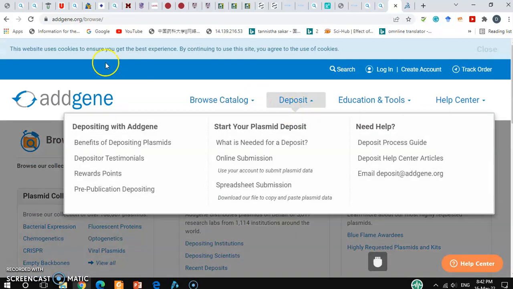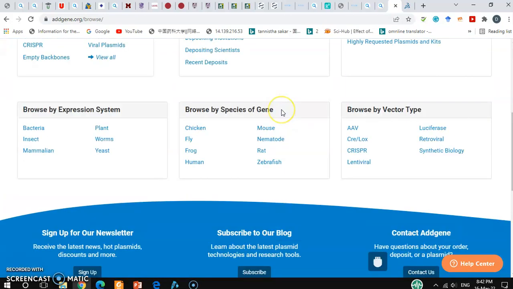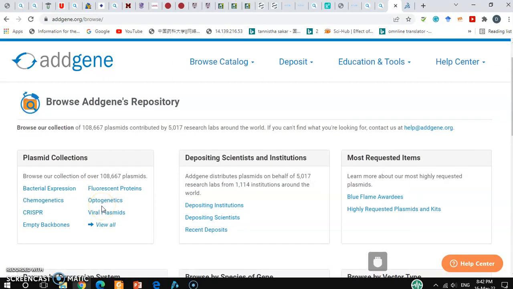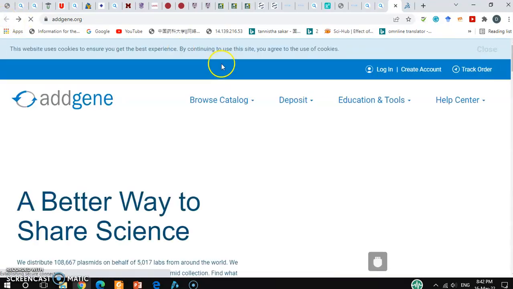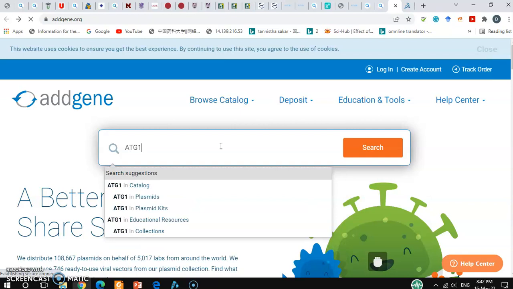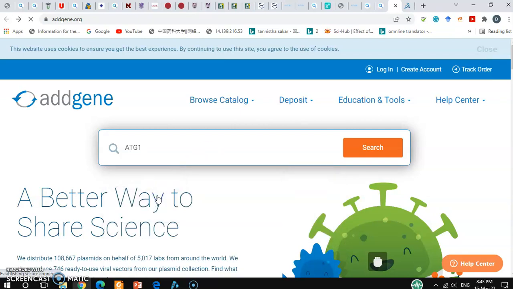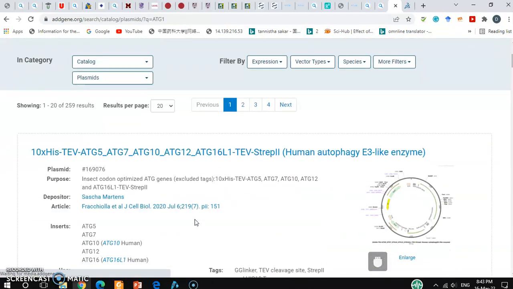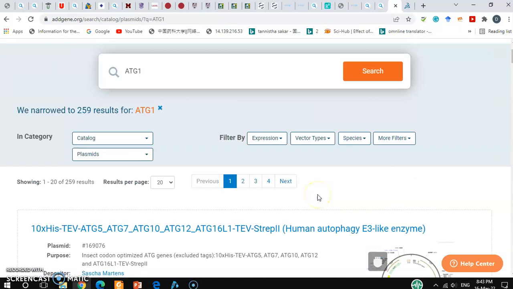Okay, so let's search one plasmid. For that I'll search one plasmid here. For example, I want to search Addgene plasmid here. It also shows different expression systems, so I'll not go through that. It is the mammalian system. So filtered,